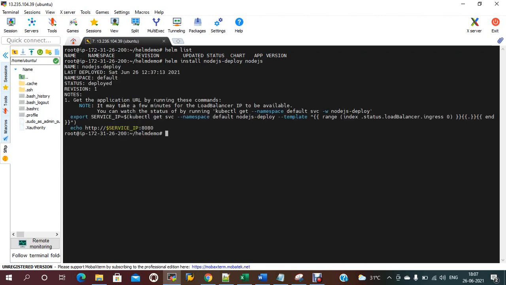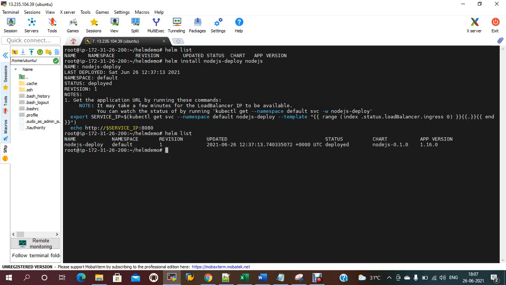Now it is created. If you check helm list, it should be created. Now kubectl get deploy.